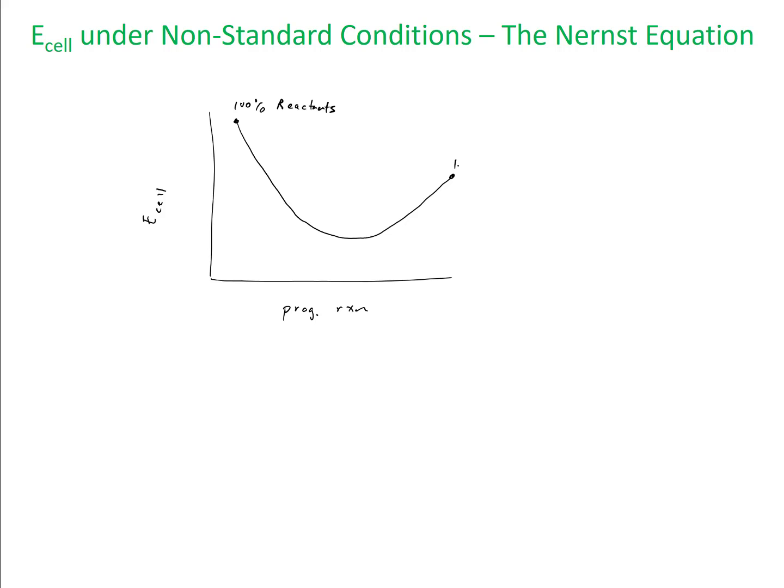And then here's where you have 100% products. Now, in a battery, you're never really dealing with this side right here. You're never really dealing with that side, because when your battery dies, it stops. So here's where delta G